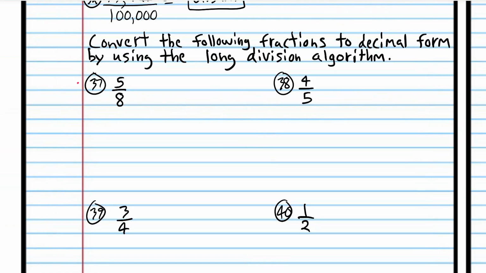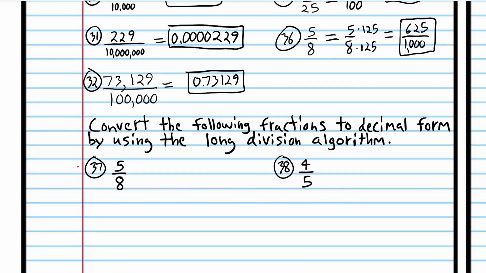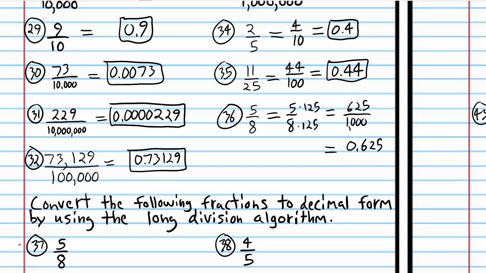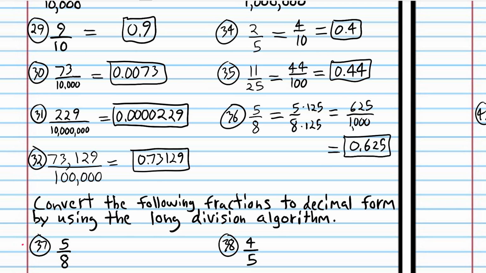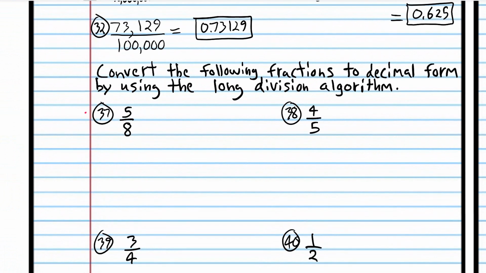So the way we're going to convert 5/8 to a decimal. We already converted 5/8 to 625 over 1,000. I just realized I forgot to change this to a decimal. Because we have a power of 10 in the denominator, that's 1,000, so we just write 0.625, and 5 is in the thousandths place. Sorry about that, we forgot to convert that to a decimal. All right. So 5/8, in order to convert this to a decimal,